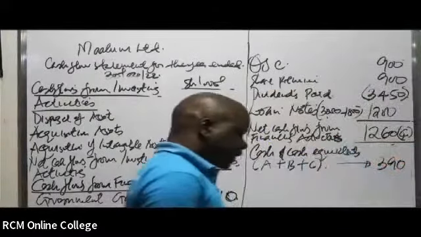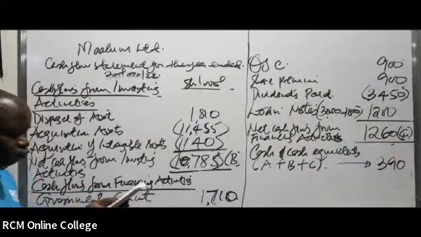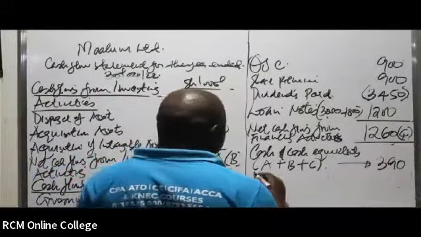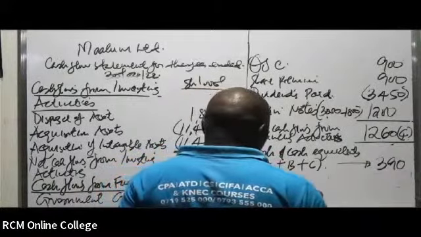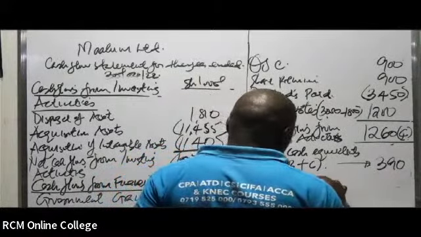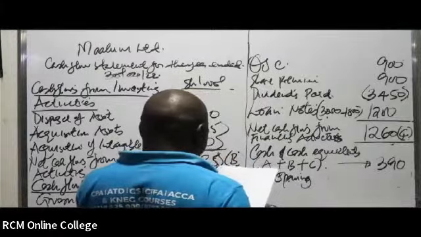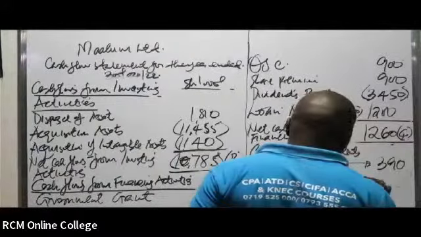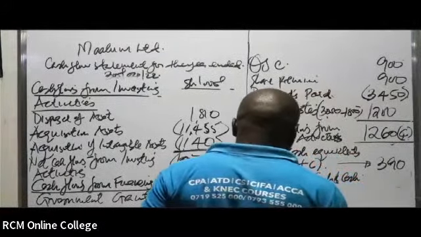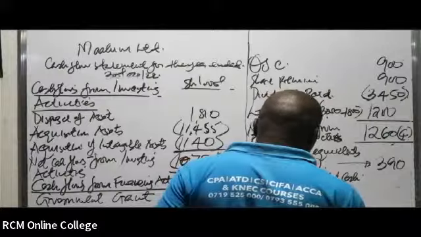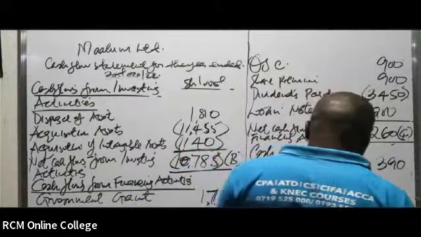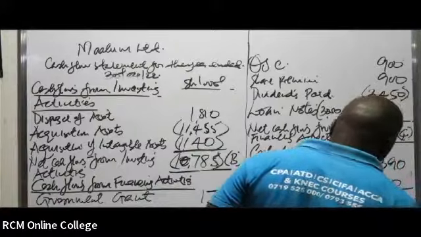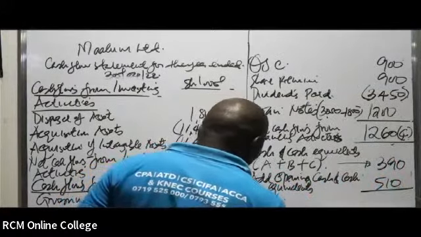When this 390, you take the opening figure for cash, it is 510. The opening figure for cash is 510. So add on the opening cash and cash equivalents. You can add on the opening cash and cash equivalents, an amount of 510, and therefore with that, you in this case end up having to get the closing